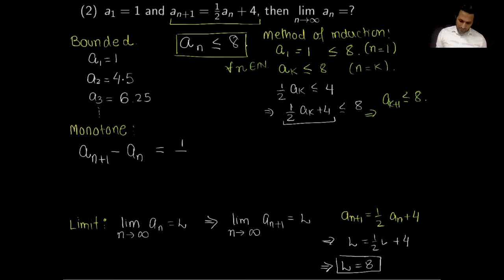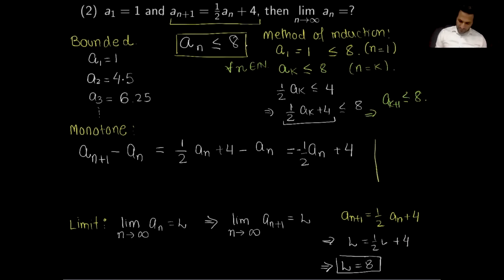Now I'm going to use the recurrence relation and substitute the value of a n plus 1. So therefore, this is 1/2 a n plus 4, minus a n. If I simplify a little bit here, I will get negative 1/2 a n plus 4, since 1/2 a n minus a n is minus 1/2 a n. But we know that each term a n is less than or equal to 8. Therefore,